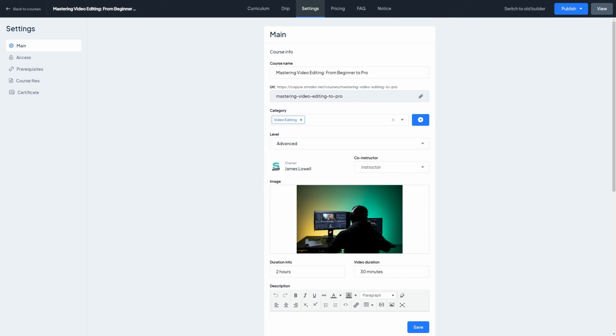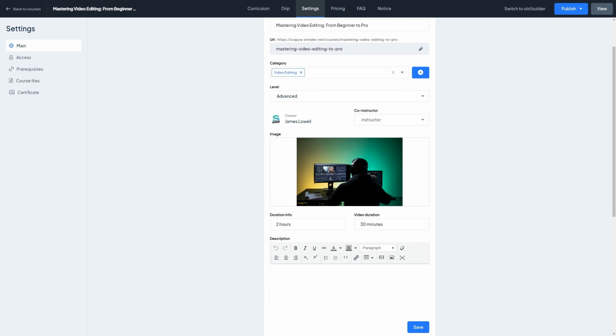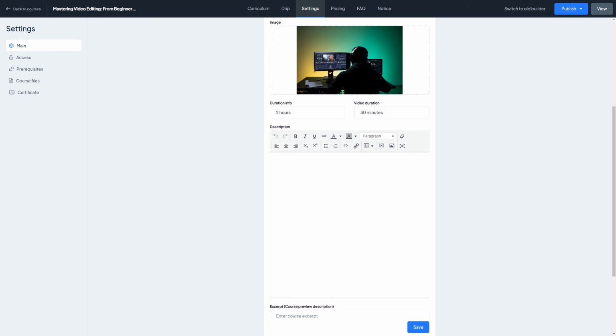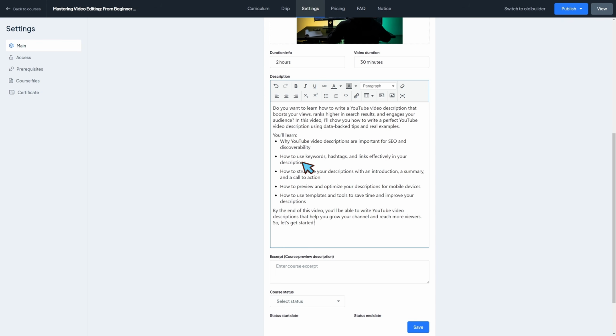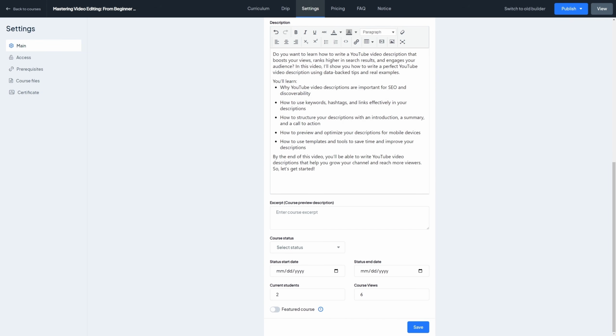There are various options available in the Course Builder's Settings section that will help you customize the behavior of your course. This section consists of 5 subsequent settings. The main section allows you to modify all the information that was initially entered when creating the course or skipped. Additionally, you have the option to assign a status or label to the course from 3 available choices: hot, new,